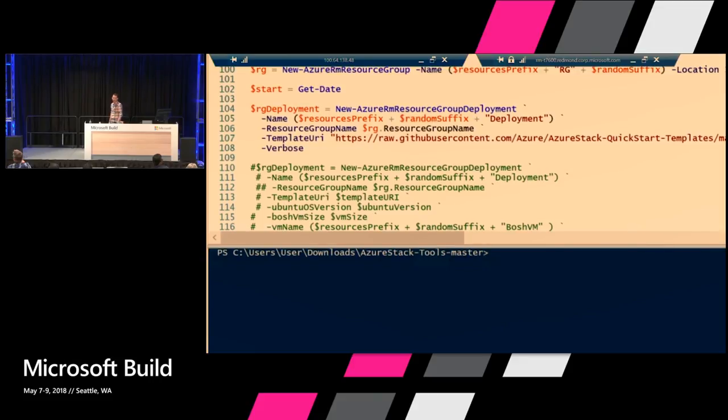A New-AzureRmResourceGroupDeployment. My goal here is not to teach you PowerShell or the Azure SDK for PowerShell. It's just to highlight the key concept, which is that you interface with Azure and Azure Stack through the same SDK, right? So if you are doing a resource group deployment and you use PowerShell, you do a New-AzureRmResourceGroupDeployment. And what's happening here?